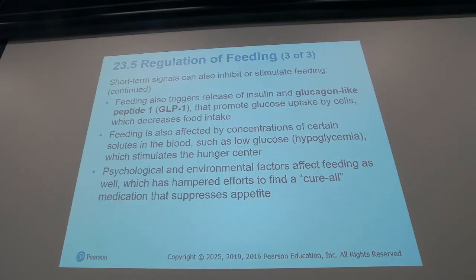But again, this is one of the things that has to be prescribed appropriately, because you have to change habits as well. It's not only